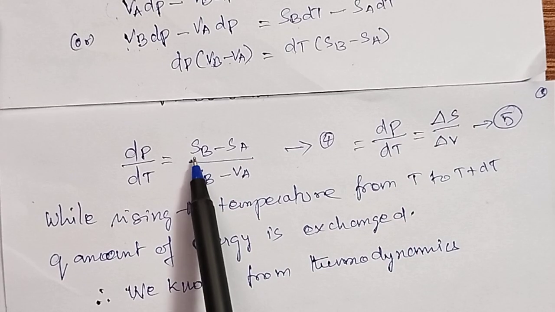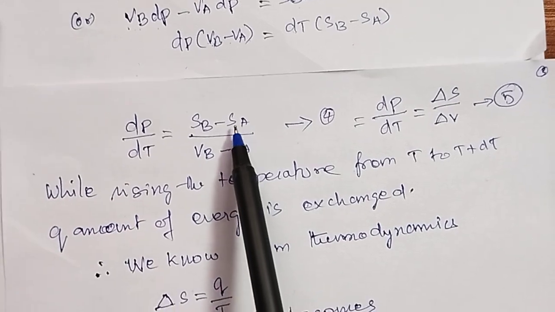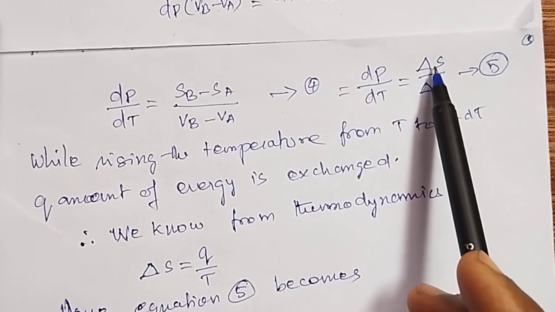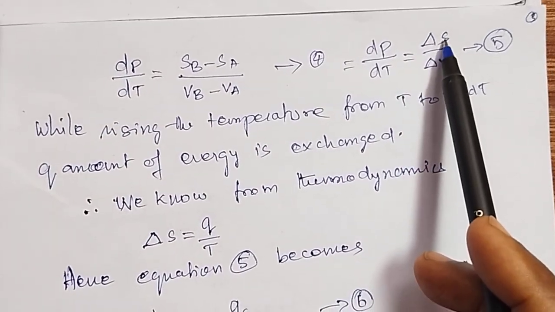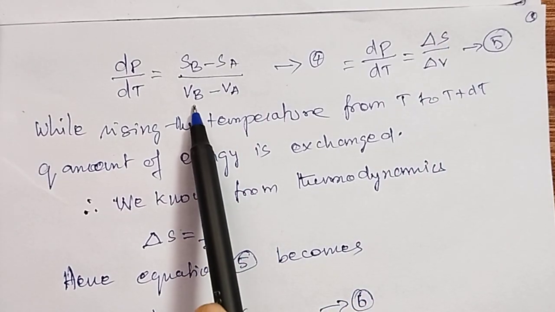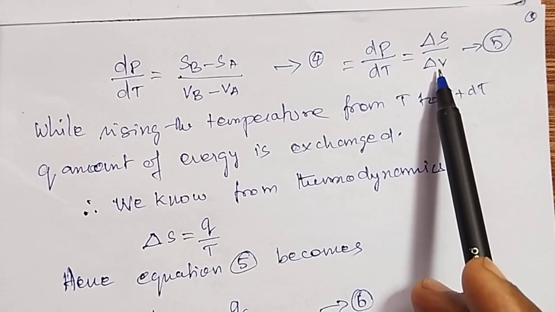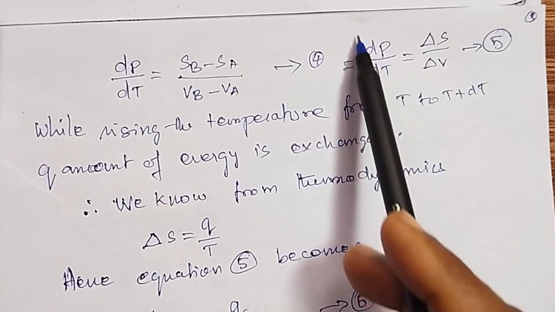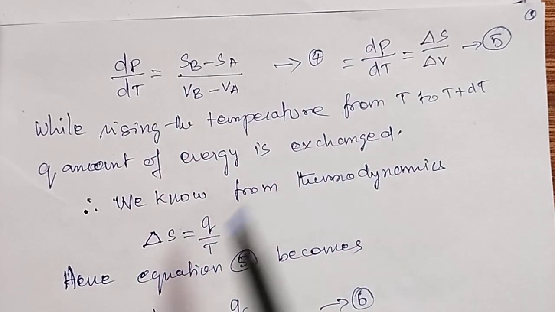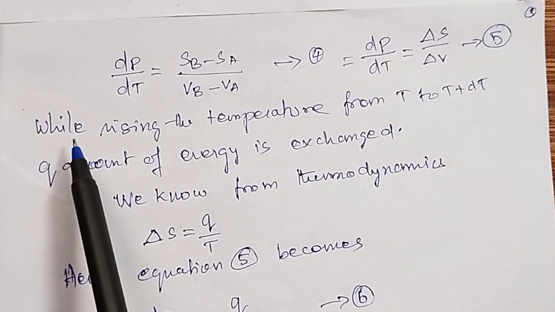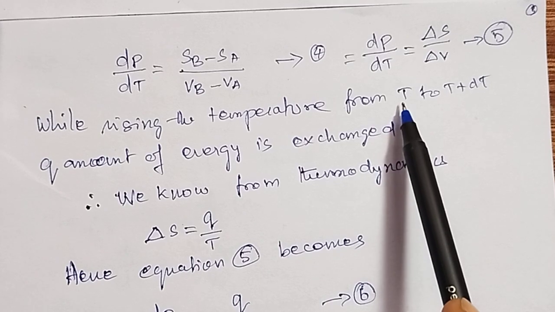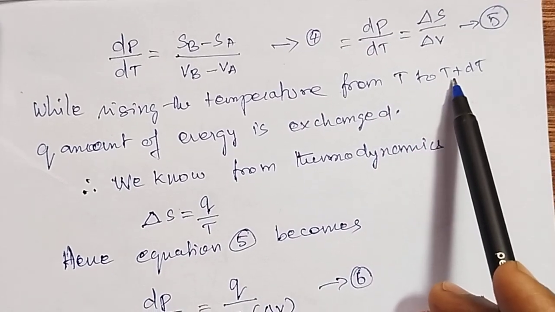And just that Sb minus Sa is known as delta S. We can change that into delta S, and Vb minus Va, I can say it is delta V, and therefore this equation takes this form. Now, while raising the temperature from T to T plus dT,